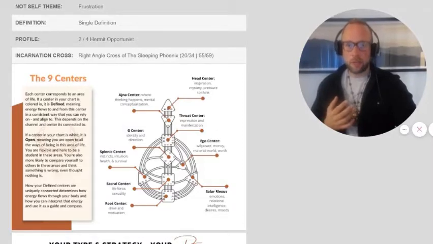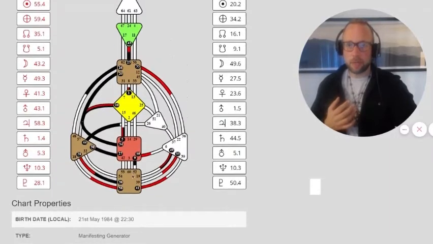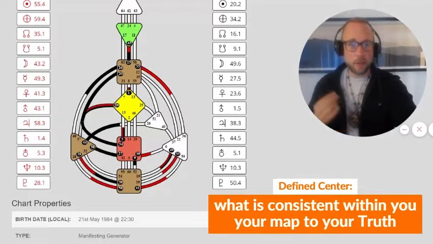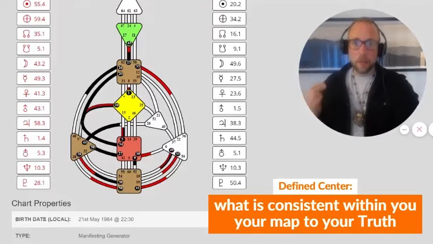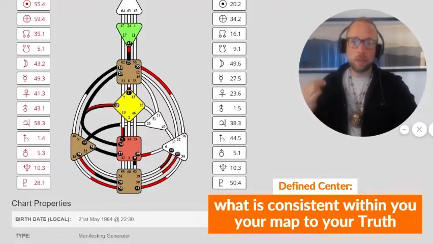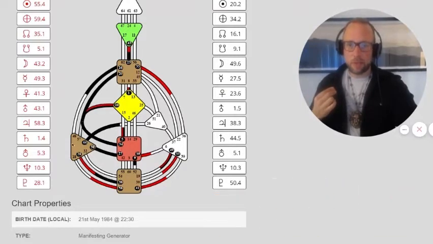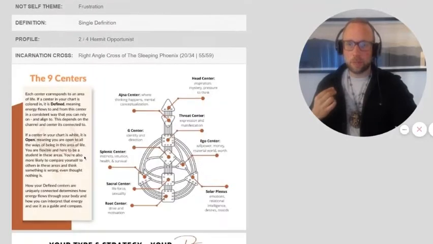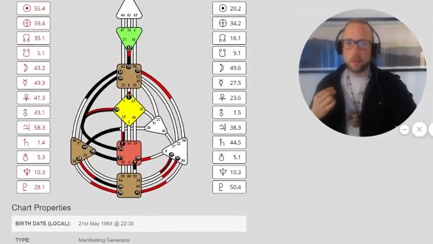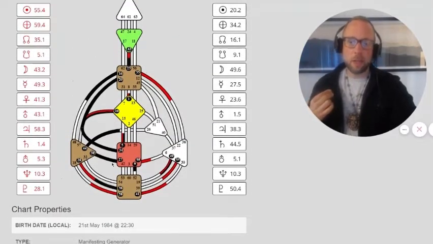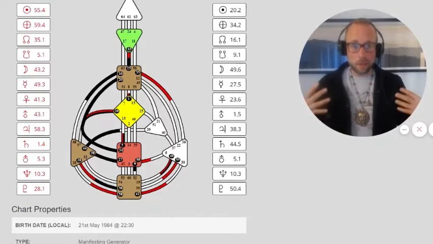Each center has a theme. And when the center is defined, meaning colored in, so wherever you have a defined center, that's basically saying that the energy flows consistently through you in between two centers. So for example, I have these two centers defined, my sacral center and my splenic center, which we can see here. So these two are defined, which basically means that my energy is always going to flow consistently between these two centers in a very predictable way that I can learn to feel and I can learn to understand